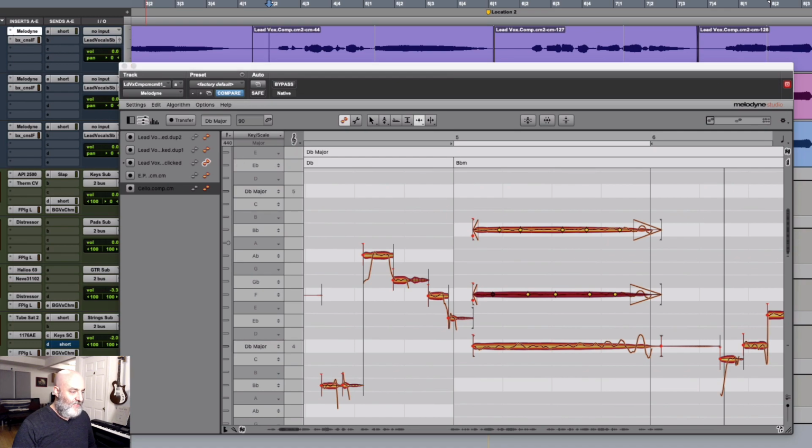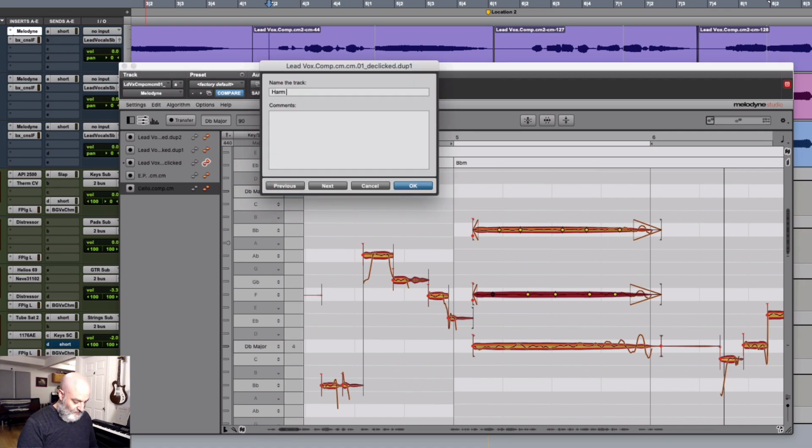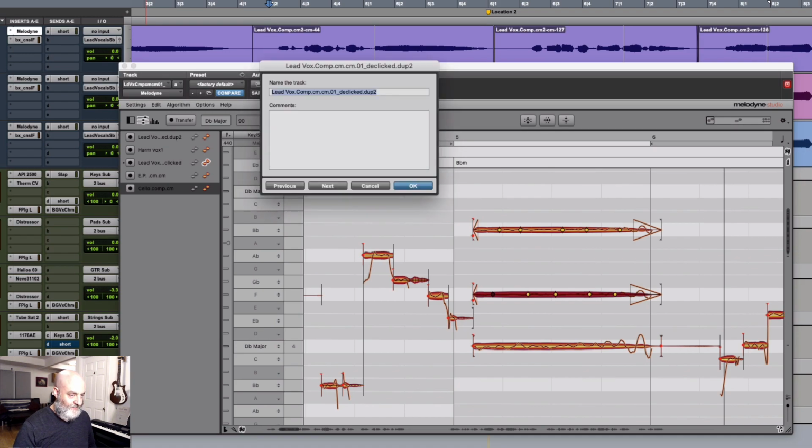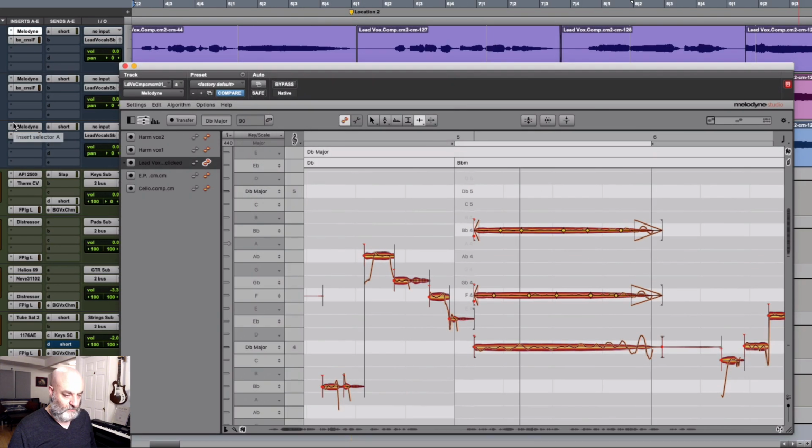And I'm going to call this Harmony Vox 1. And I'm going to call this other one Harmony Vox 2. Okay, here's what's great about this: now what I've got is my lead vocal and Harmony 1 and Harmony 2, so I can just drag this vocal up to the top and drag Harmony 1 above it. Now I've got these 2 harmony parts inside the lead vocal still,